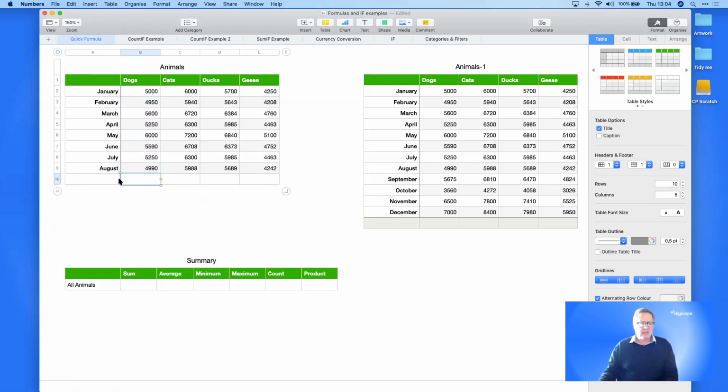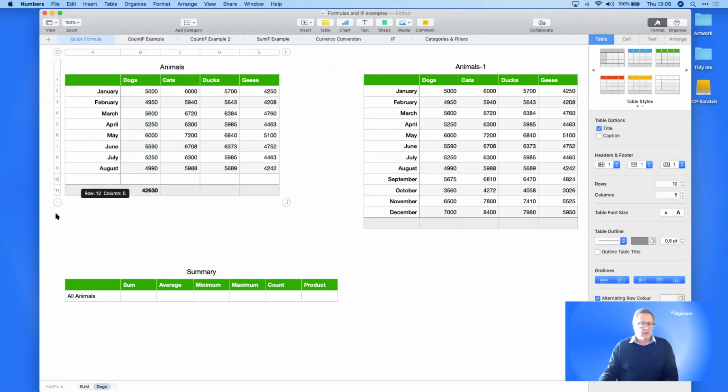One of the features Numbers has is the ability to make a footer. So if I select my table and go to Table, you can see that I have one header column and one header row, and I'm going to add a footer at the bottom. You can see the colors change slightly. Now if I select that cell and insert the sum, and I drag down,